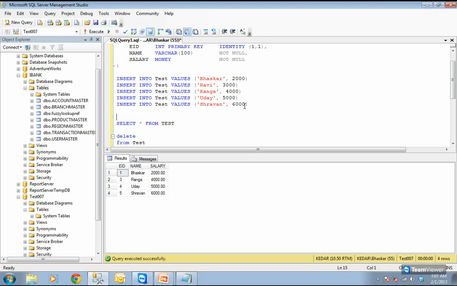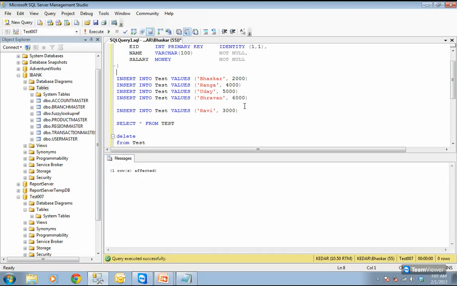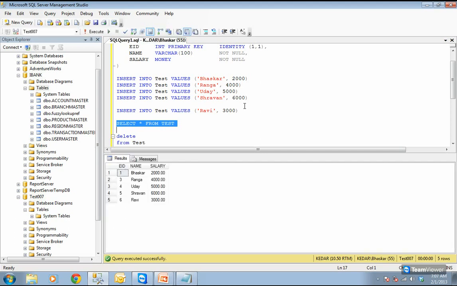Now if I insert a new row here, for example, again I am inserting Ravi. I am taking from here and I am inserting now. You will not get 2 now. You will get the next number only, not the 2. So what is the next number after 5? You got 6 for the Ravi, but you never get 2. The identity property will have a gap. What do you mean by gap? If one record is deleted, that number will not be repeated. That's what we discussed already when we were talking about identity property. If you delete anything, the same number will not be repeated.